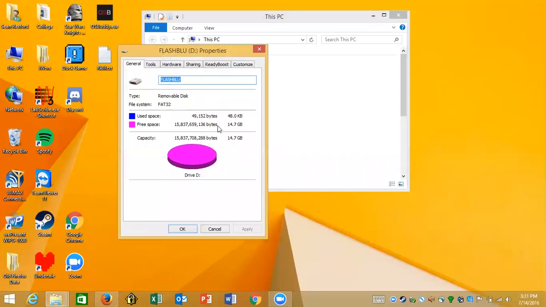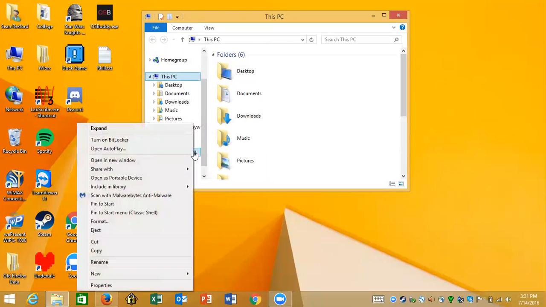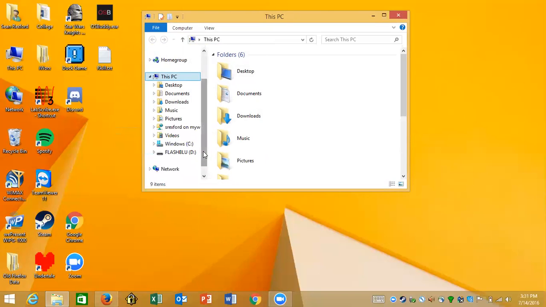You'll see that the free space on this is not enough for me to transfer my files personally, but the drive that you will hopefully have has more. We're just using this one for the sake of the video. I've made note that the free space available here is 14.7 gigabytes, which in your situation, you should have more of. And if you don't have your hard drive formatted properly, you may not be able to transfer all your